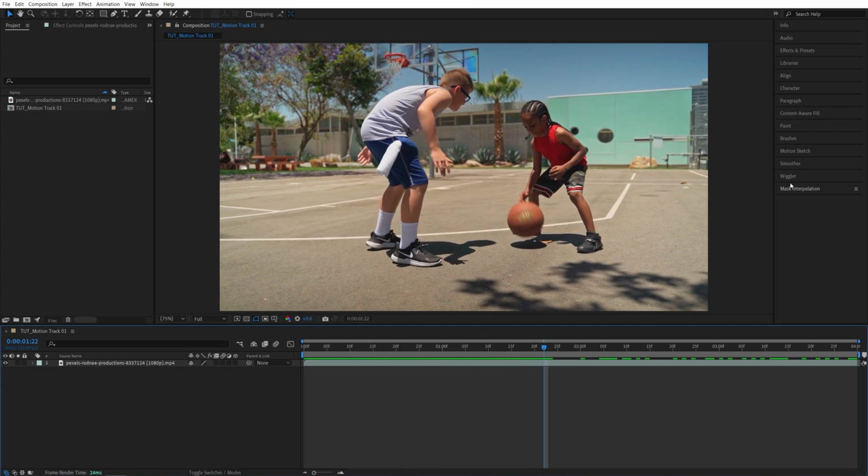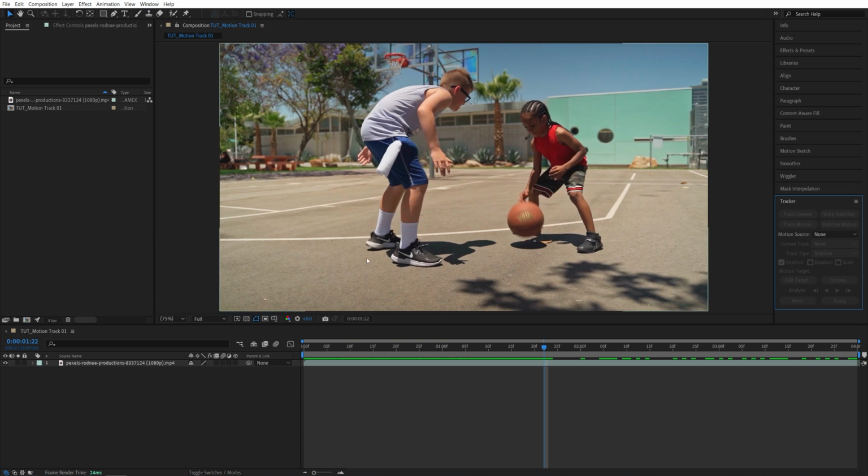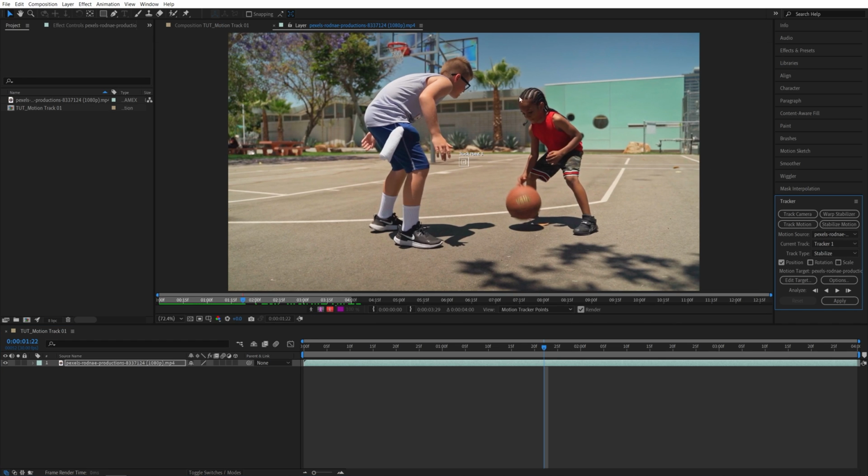In order to do that, we need the tracker panel. So let's go up to Window, make sure Tracker is checked. Then after seeing the tracker panel appear, you can select the video you want to motion track. And inside of the tracker panel, click the Stabilize Motion button. And then the video of yours will open in a separate window and you should see the tracker point appear